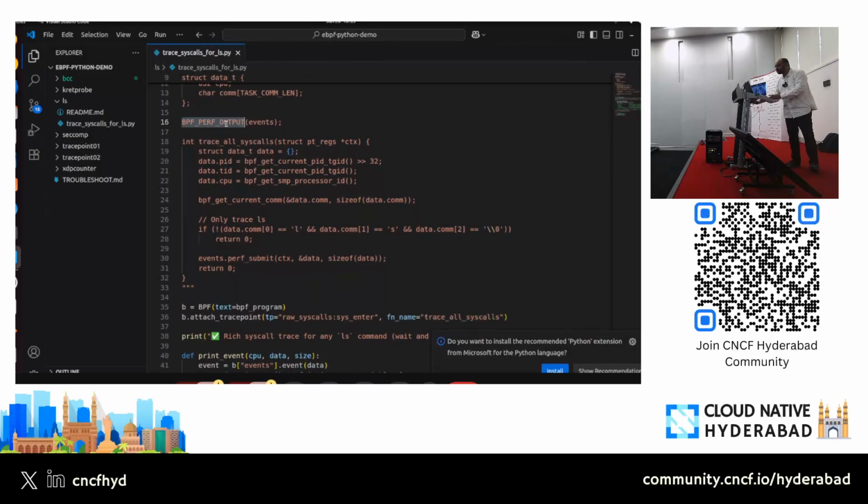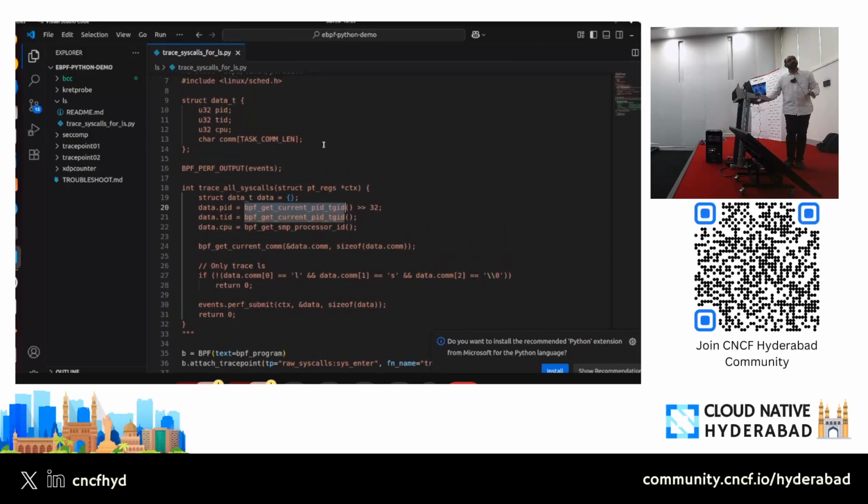Again, this lot of functions that you see here are built-in functions that are given out of the box by eBPF. One important thing I have to mention is that this is not the complete C language that you will be using with eBPF programming. This is called limited or restricted C. You can't write infinite loops here, like you can't have a while loop without bounds, and you can't map a variable to a null address. Those sorts of things you cannot do, because if you do that, the verifier will block you from deploying this. Okay.